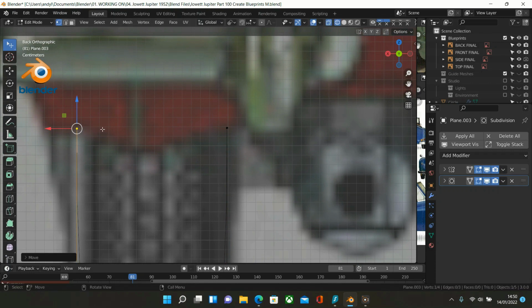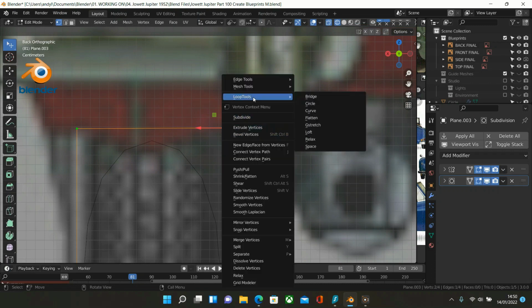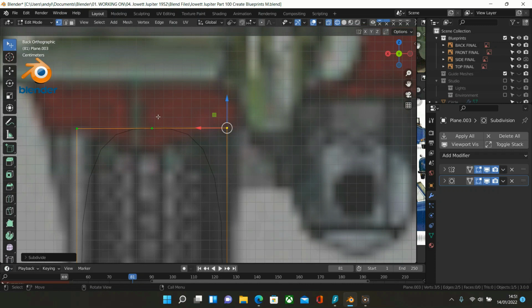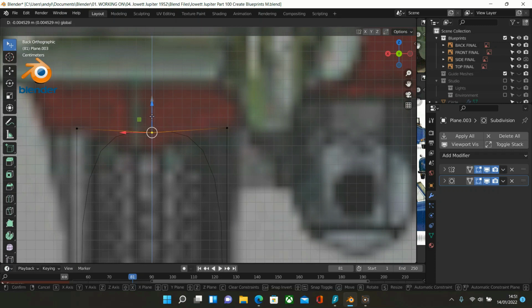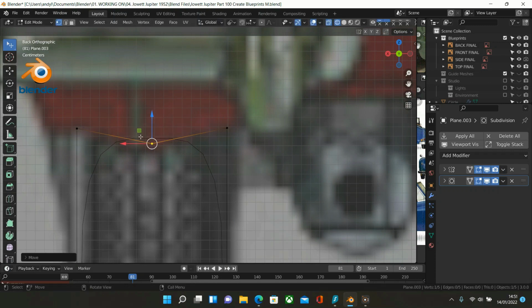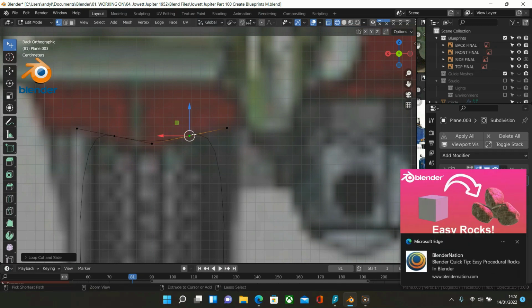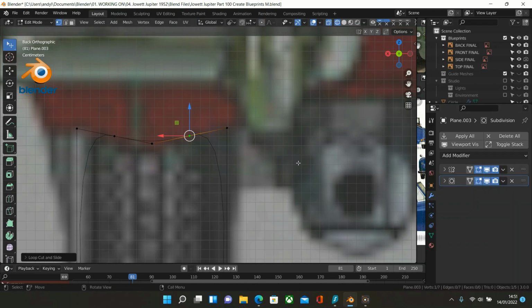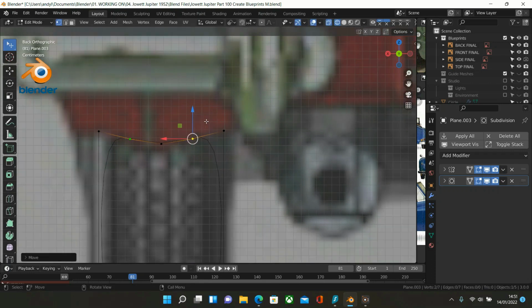So what I'm going to do is to get these two and press F to join it. I'm going to right mouse and subdivide to get one there. Now I'm going to put one in here and one in here. So we just need to bring these two down slightly, just to get the curvature of the